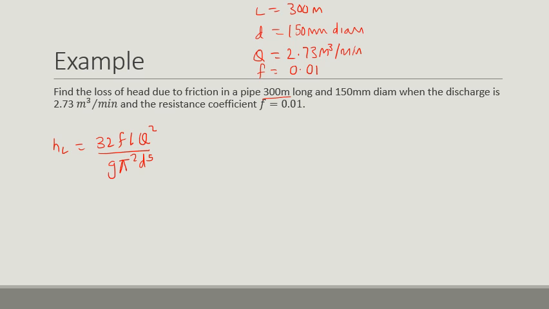So we know everything except head loss, HL. So we can easily find that. It will now be equal to 32 times F, which is 0.01, times L, which is 300 meters, times Q square. Q is 2.73